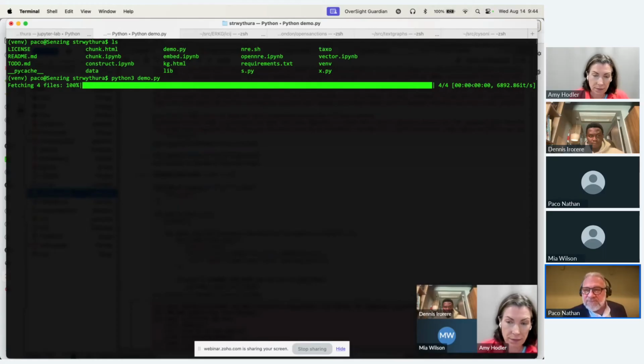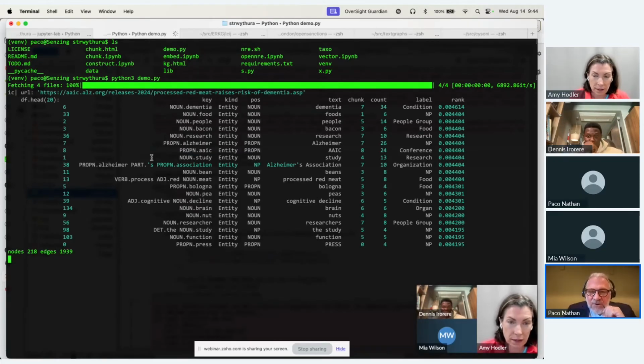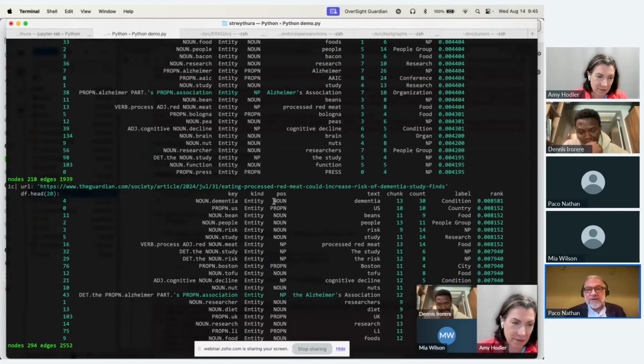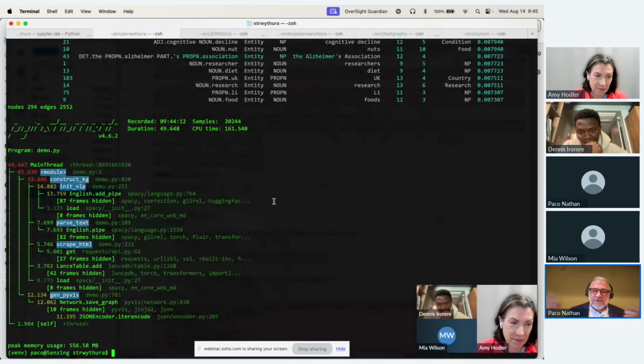It's going to produce our list of entities, and then we'll have a graph. And yeah, there we go. So for the first article, we come out with dementia, foods, bacon, and then down here, dementia, processed red meat, Boston. This was from Brigham and Women's Hospital in Boston. And this will produce a few things. It produces a graph for us, which will serialize out as a NetworkX JSON graph, but we could load it into Neo4j or Kuzu or other types of graph databases.